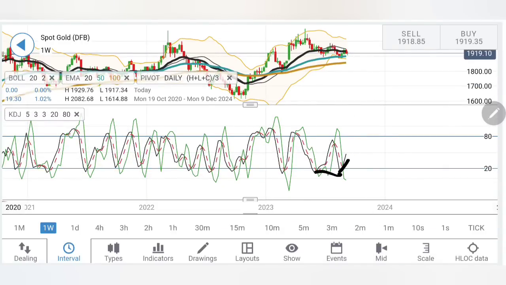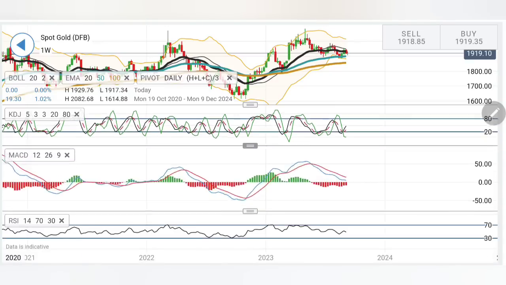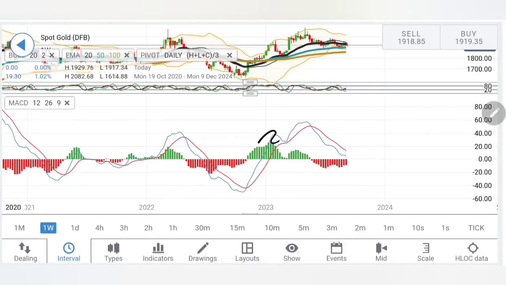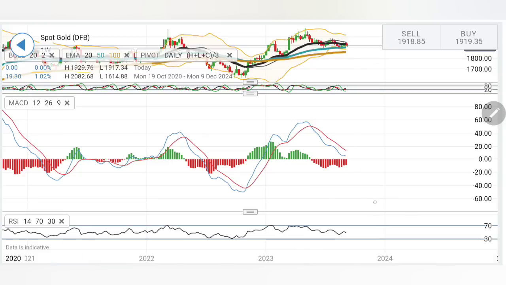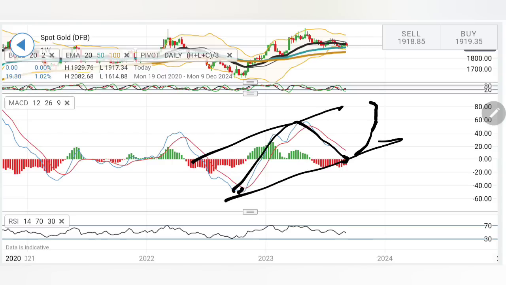Stochastic has hit a bottom, trying to rise here, looking up. That's a good sign. You can see double bottom levels here, and possibly it could lead to higher highs as well. Look at the wave here on MACD. See, first you can see lower lows, then higher highs. Now it is continuing to trade on the downside. Also, the divergence was more, and that is why we can see a little bit of convergence here. Right now, it is still staying bearish. However, the potential for it to lead to another green wave is strong, that it can converge, crossover and